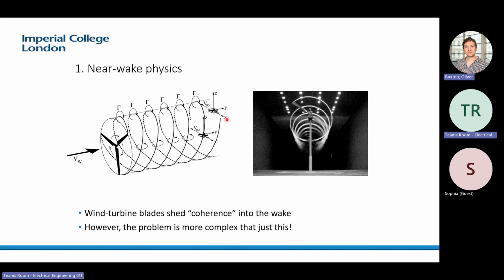Okay, so first of all, let's consider the near wake physics. Now, wind turbine blades shed coherence into the wake, and this coherence can originate from many different locations. Probably the most classical example that people think of is essentially the blade tip vortex. And this exists because essentially we've got circulation around the wind turbine blades, and this circulation has to be shed somewhere. And so we have this sort of classical picture of a helicoidal tip vortex, which is shed into the wake. However, this is an overly simplistic picture of what's going on,